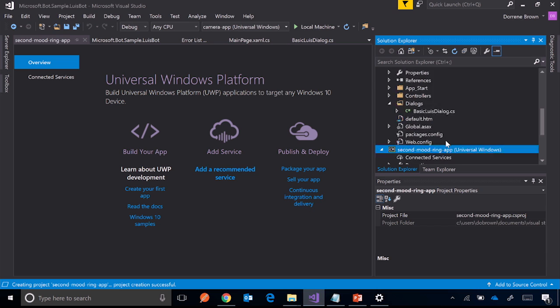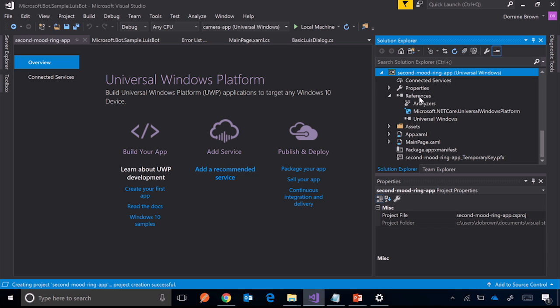Great. So now I've provisioned my second Mood Ring app. Cortana launches client code by deep linking into the apps themselves. And so the first thing I want to do is make this app deep linkable. Right now, if I were to just launch this app, it wouldn't do anything. But I'm going to go into my package.appxmanifest,